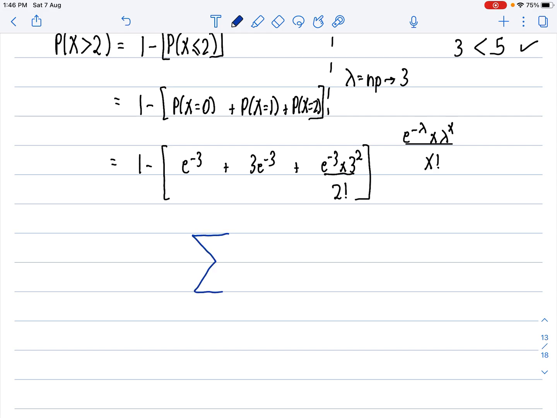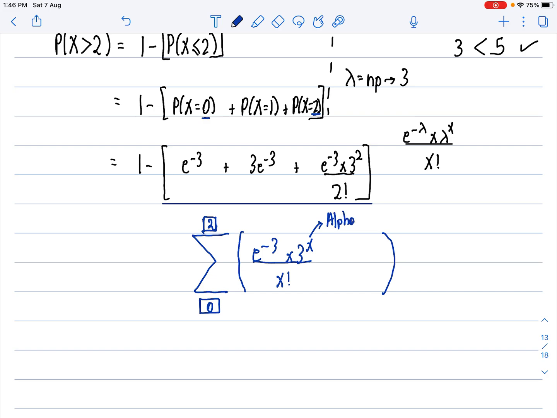Shift log, then you get the summation sign here. You're calculating the summation from 0 to 2, so I write 0 here and 2 here, because we solve the bracket first always. Here I write e raised to minus 3 into 3 raised to x over x factorial. To write an x, I simply click on alpha, and then the closing bracket sign. To repeat myself, you click on shift log, then you write e raised to minus 3 multiplied by 3 raised to x over x factorial between the limits 0 to 2. And after that, when you click equal to, you get your answer as